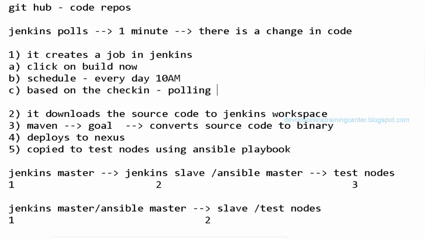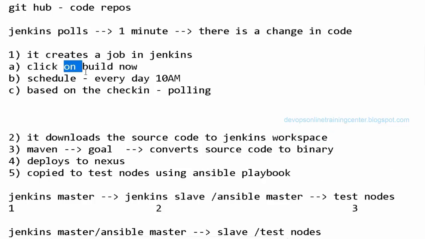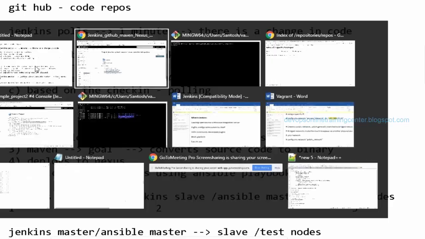Either we can click, or we can schedule, or we can poll. Generally in continuous integration, we follow the third one, which is polling, right? If you want to build it manually, we click on build now, right?